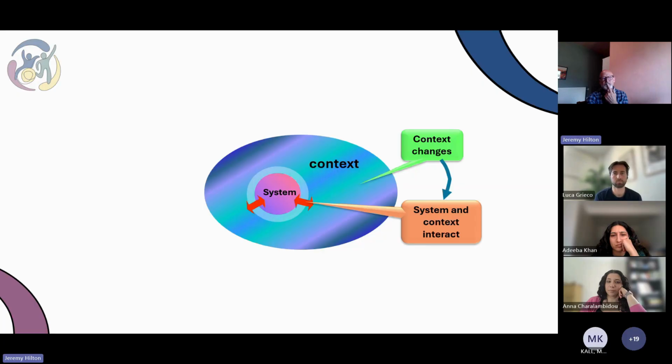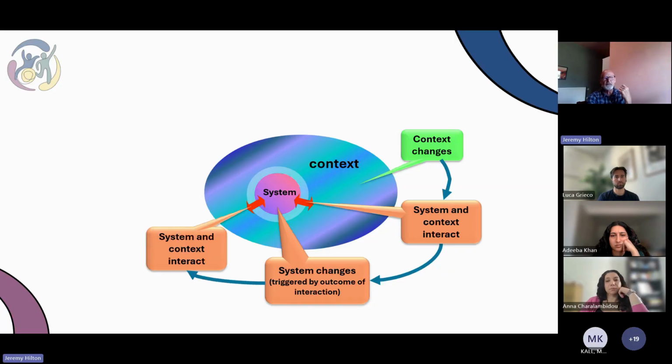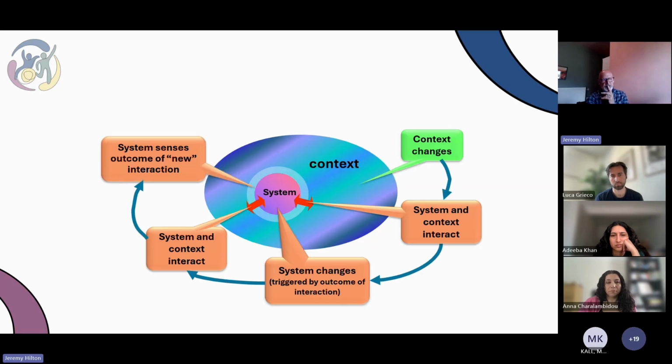the government sees this and it goes, we've got to do something. So they might be making new SEND proposals. In fact, they are, because they're trying to account for the changes in context. So they make those changes and they see how the outcome of their interaction changes things. And then they see the context, how it's operating after that change. So if they bring in the new SEND regulations, does that improve things? If they're changing the finance and the funding availability and the criteria for funding, does that improve things? So they then want to sense the outcome of that new interaction.